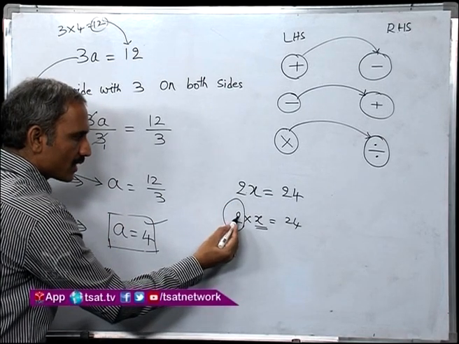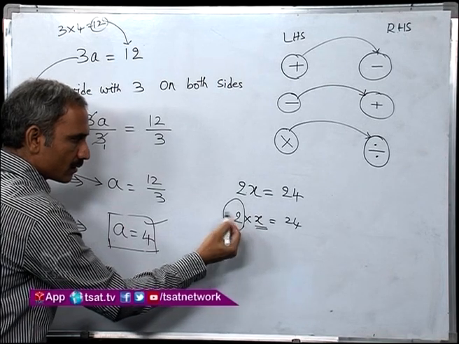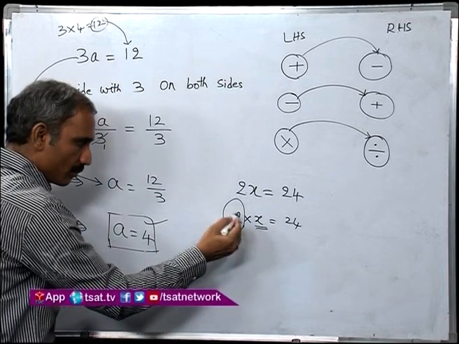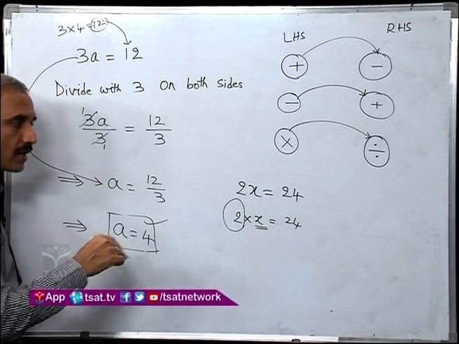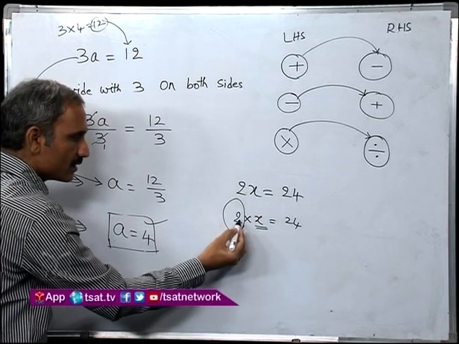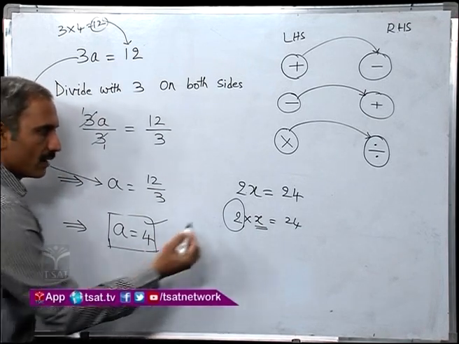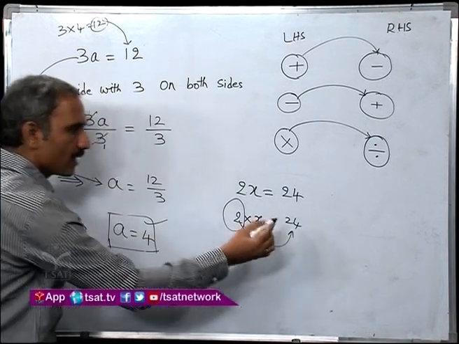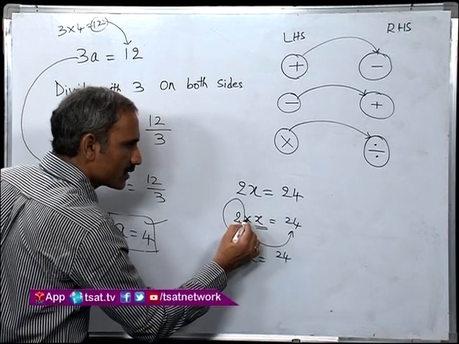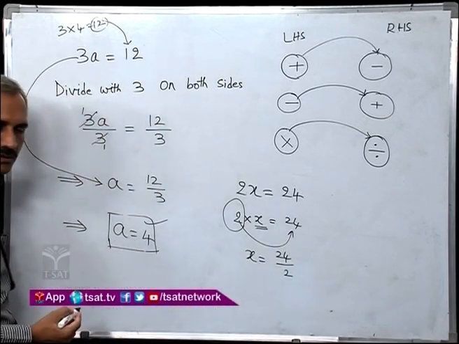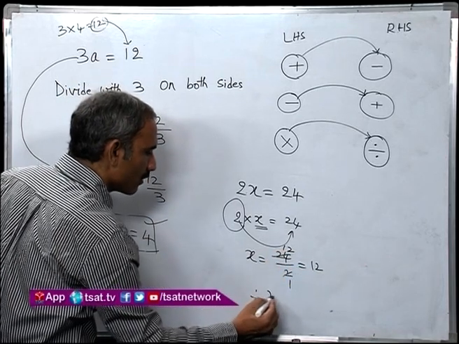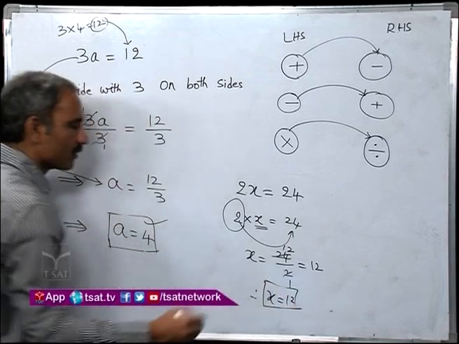That means you must get rid of this 2. How can you make this free from 2? That means you have to remove this 2 from the equation. This is a multiplication quantity. Now, if you take this 2 to this side, then it will become a division quantity. That is, x is equal to 24 by 2. Here multiplication is there, therefore it will become division. 2 ones are 2, 2 2s are 4. That is equal to 12. Therefore, x equal to 12 is the solution of the equation.